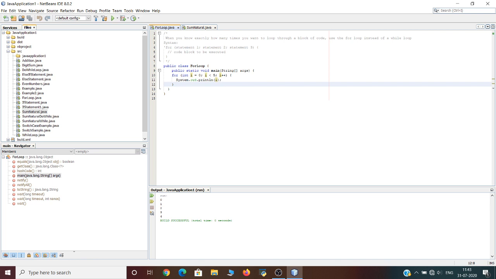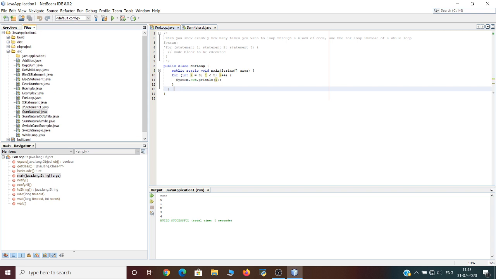The program will check whether this condition is true or not. During the first iteration, the value of I was initially 0. Since 0 is less than 5, the condition has turned out to be true.